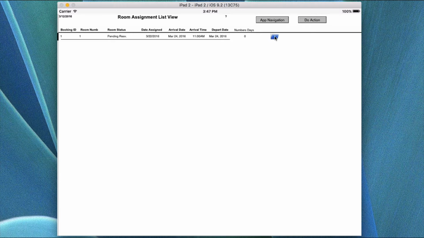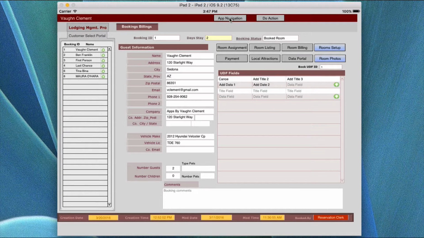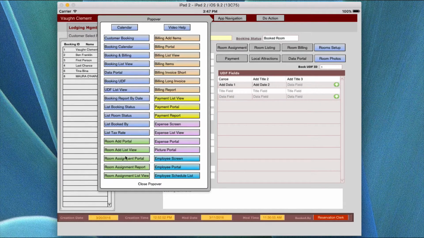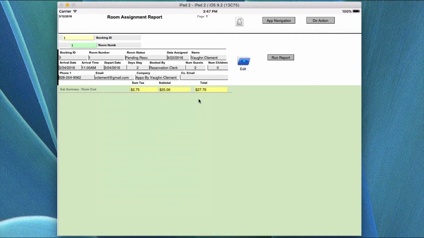And if you want to go back to that record, you can click back into it and run the navigation report, go back to the room assignment report, and that same information will be here. So that's kind of a nice thing to know that you can do that kind of thing. There are other statistics in here you might want to know, is how many days stay the average person's making in that room, how many guests you normally have in there, how many children are you having over a certain period of time. You can do different kinds of finds and get exotic and try things to see how they actually work out for you. Okay, and that's the room assignment